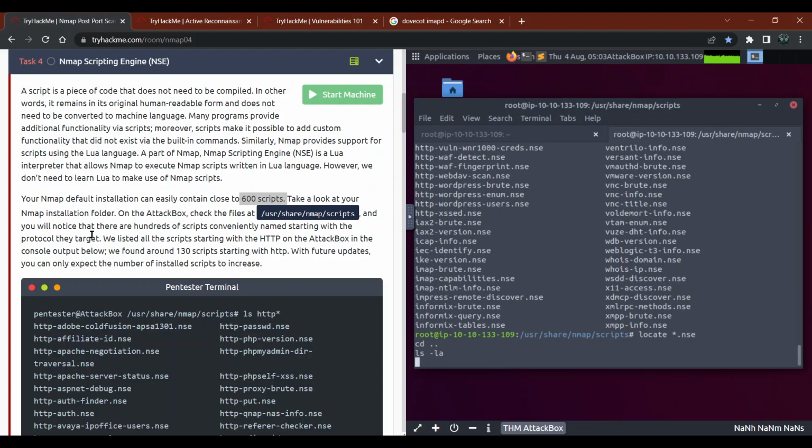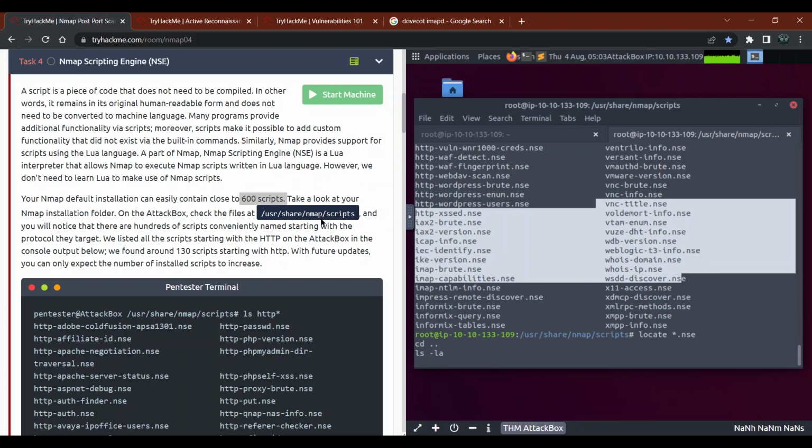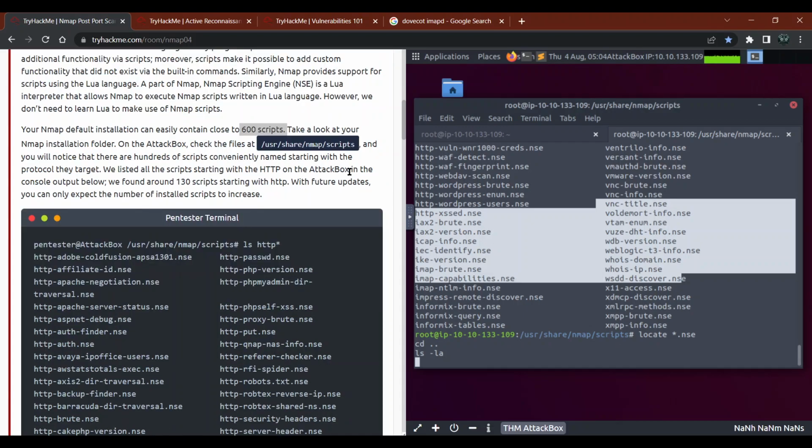Take a look at your Nmap installation folder and double check the list. As we saw, these many scripts were there, and we'll notice that there are hundreds of scripts conveniently named starting with the protocol they target. We listed all the scripts targeting HTTP on the attack box